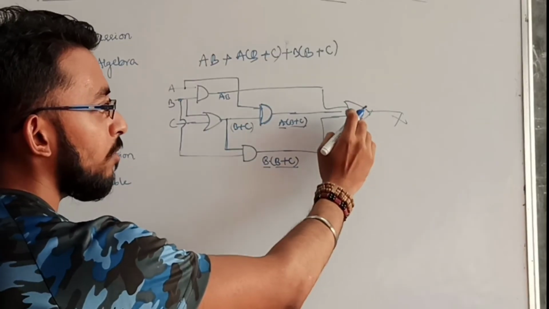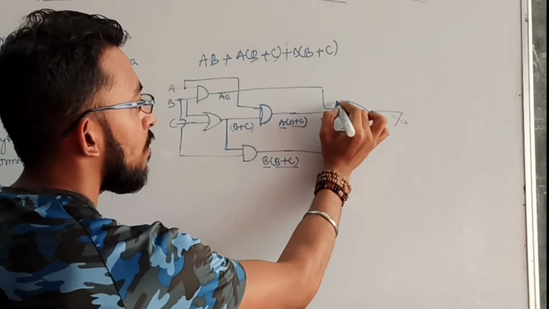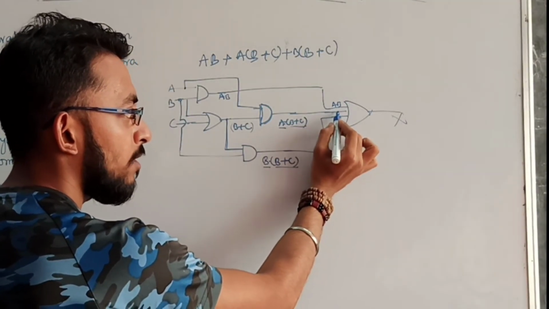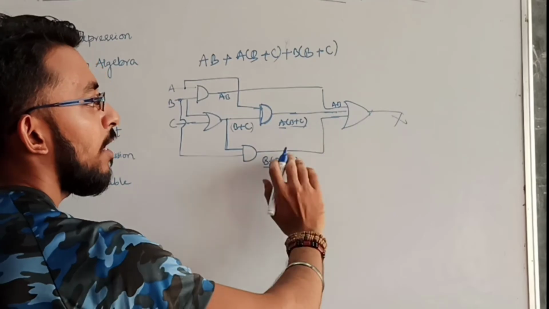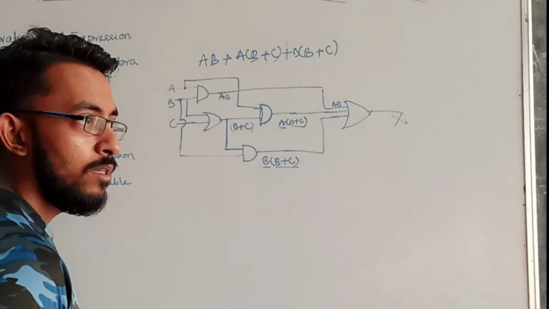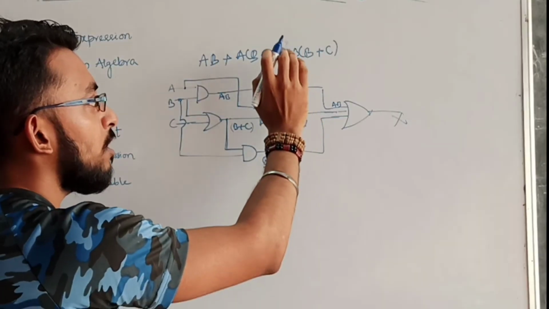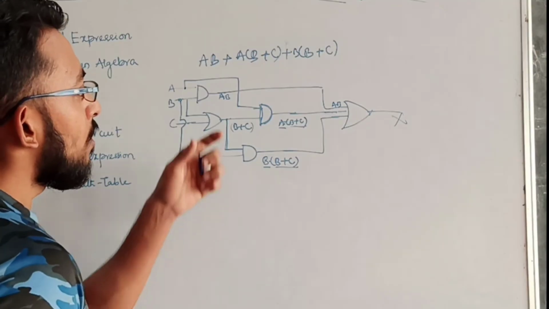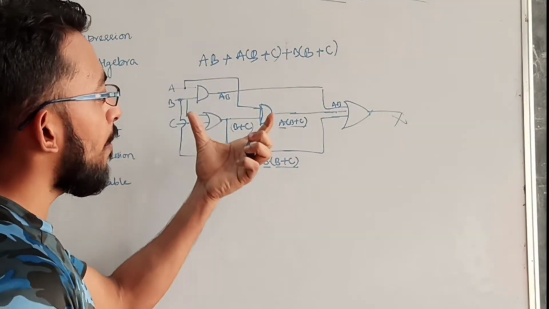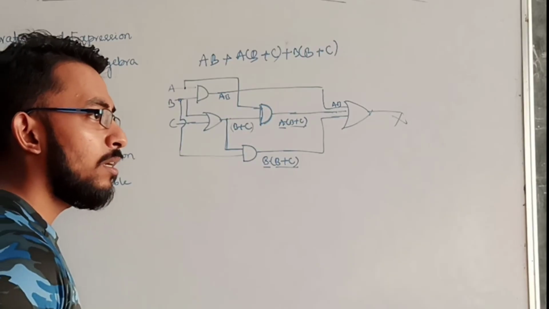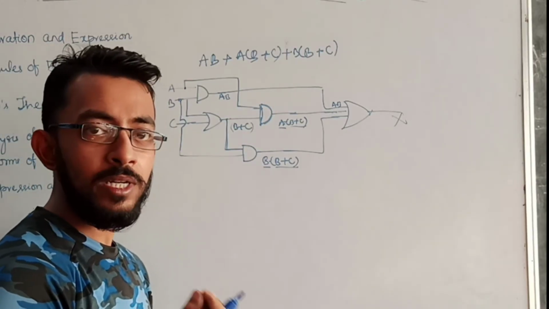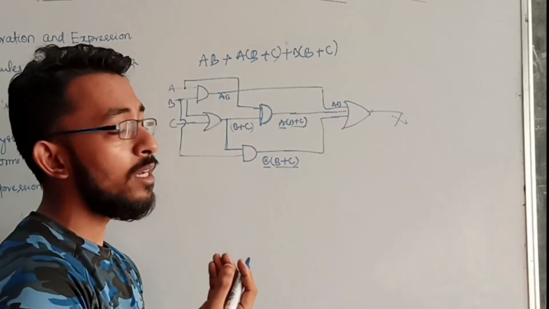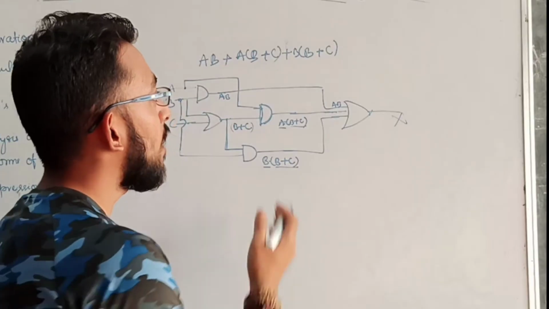Now at the last gate you are seeing there are three inputs, they are added. So this is A dot B, this is A dot B plus C, this is B dot B plus C, and the three will be added, they will give me this expression. So from this logic circuit you have written this. I just did the reverse. Now I have to simplify this logic expression and minimize the number of gates, because for each gate you have to spend a bit of money. So why waste much money when it is possible to use a small number of gates with a small cost? So let's solve this one.